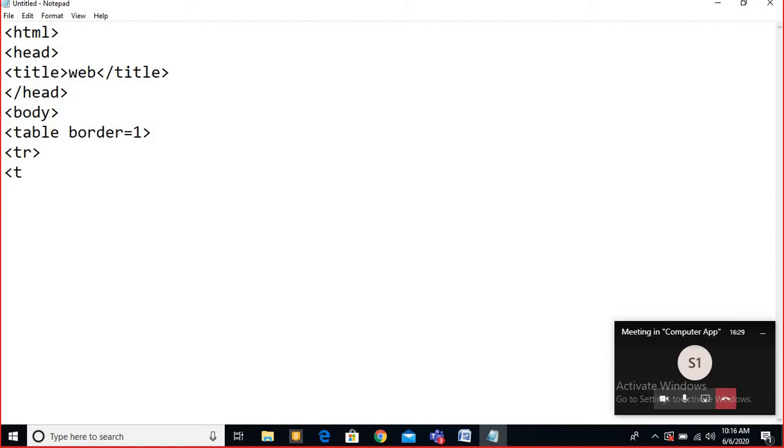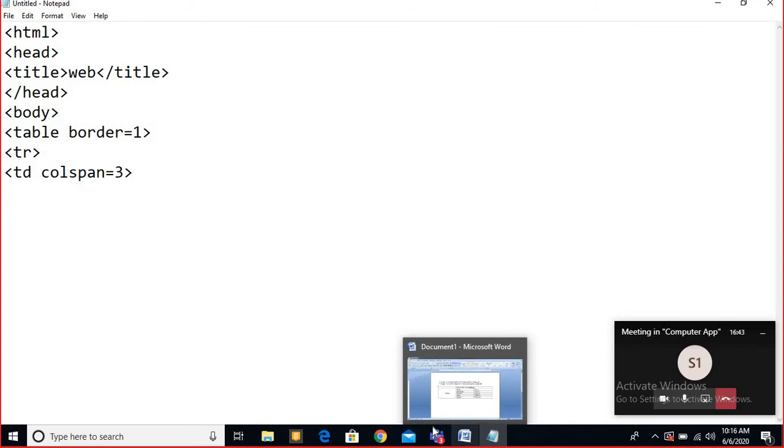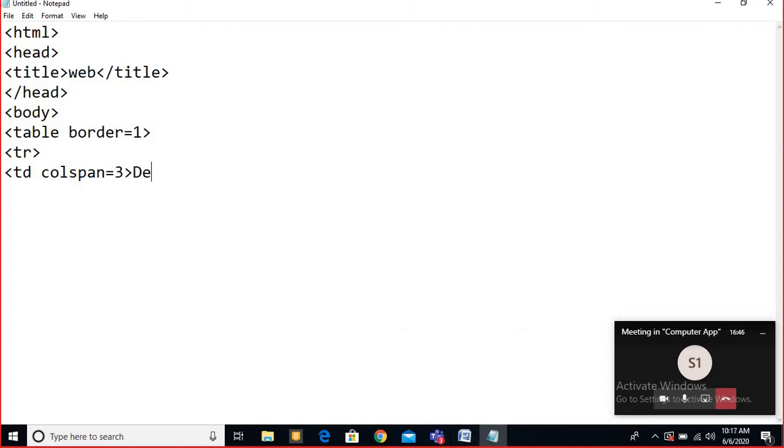So for this, it is not bold. I am taking it in the td only. So I have to use here colspan is equal to how many columns we have to span? That is 3. So I have written here 3. Colspan, then what is the text? Delhi Public School Khanna. Now you see, I have to close the td tag. Now you see my row is also finished. So I just close the tr tag.